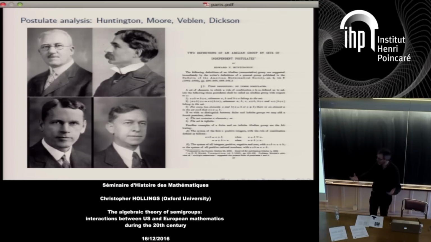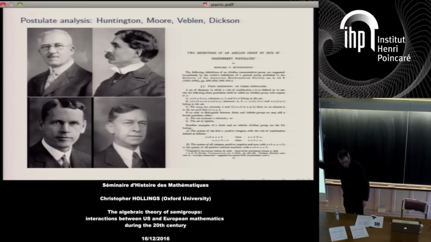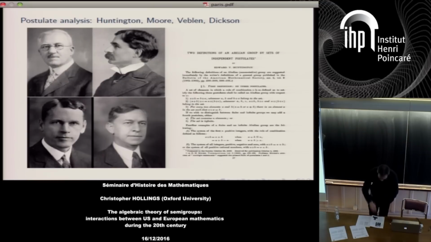What do we mean by a minimal set of postulates? And so on. I think attitudes to this sort of mathematics became quite dismissive, but I've been working on this quite recently and really going into detail in what these people were doing. And I think there's a real sense that, in the example of a group, they really thought that by pulling the definition apart in this way, they were gaining a great understanding of what a group was. So I think there's something to be said for this work.